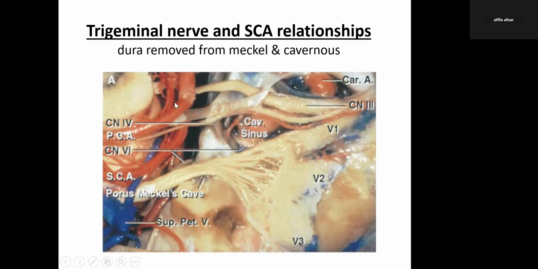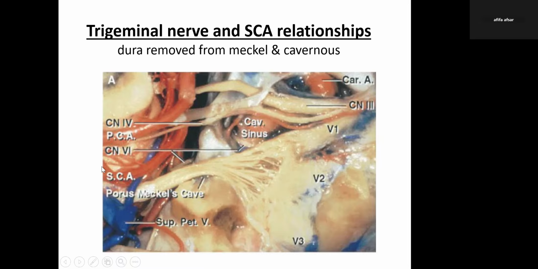Before it terminates, it tends to give off two branches on either side, which are the superior cerebellars of either side. Those superior cerebellar arteries tend to curve around the brainstem, and then they take a very shallow curve or loop, which sometimes irritates and causes problems to the dorsal root of the trigeminal nerve, and that can be a causative agent for trigeminal neuralgia in most cases.